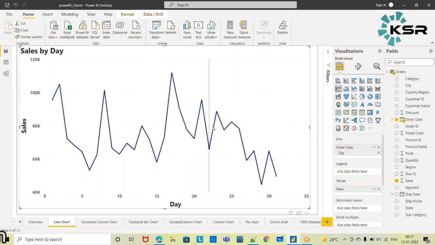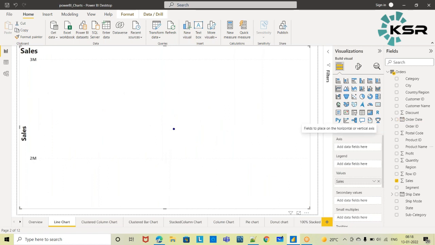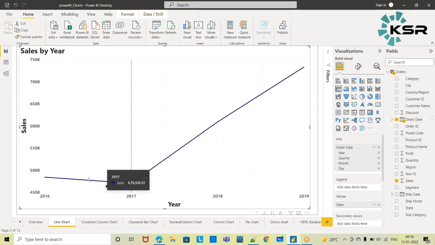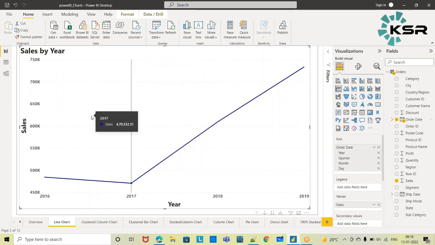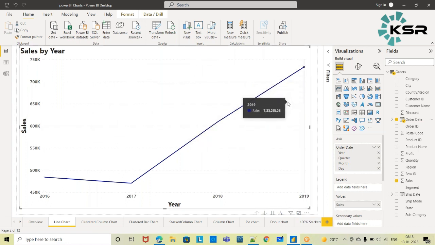So now this is fine, I am able to see sales. Now let's take this again year wise, and we will see. So this is fine, year wise I am able to see the sales. Now for the same year I also want to see, when there is a sale, how the profit is with respect to sales.